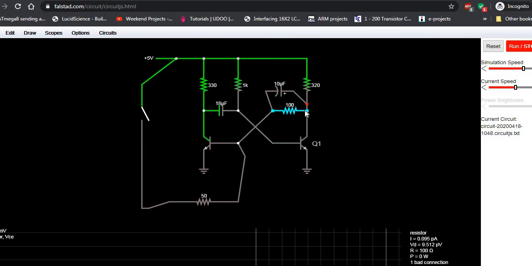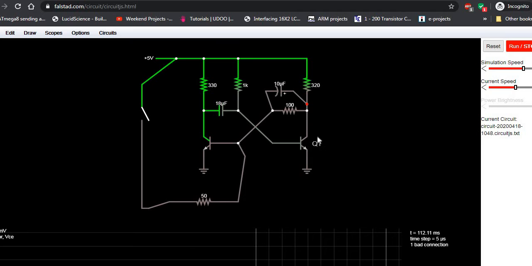Resistor from the collector of Q1 is connected to the base of Q2. In a similar manner, some part of the voltage of Q2 is connected to Q1. So there is a feedback cross connection from output to input and output to input. So this is nothing but a monostable multivibrator. This arrangement is the external triggering. Now let us simulate this circuit and see.